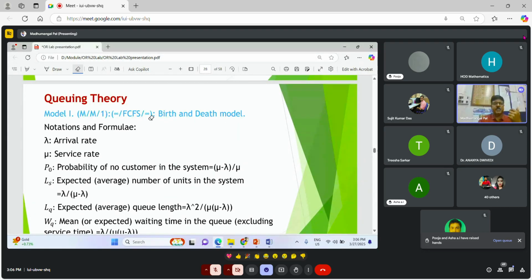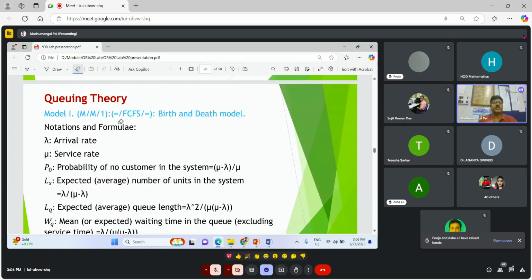Okay, and infinity, FCFS, infinite, they have another meaning. I am not going to that one. So one means the number of channels is one. This one may be 2, 3, 4, and many more. Okay, and in the second box, or second